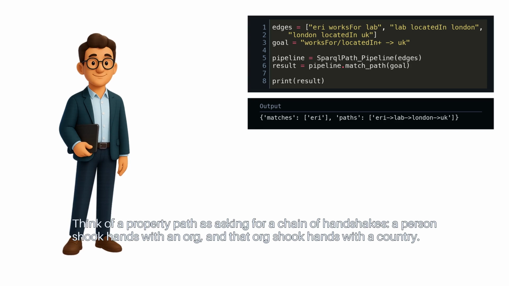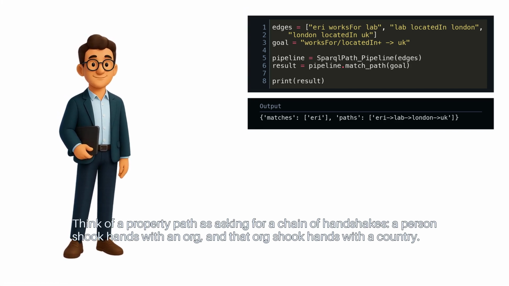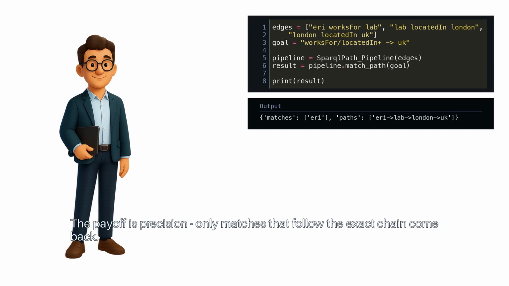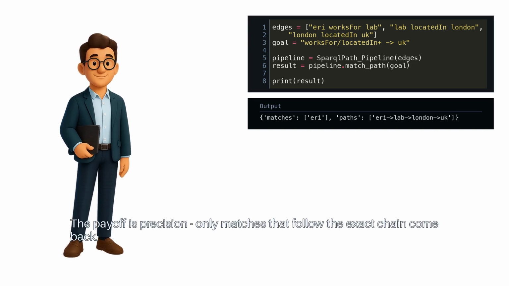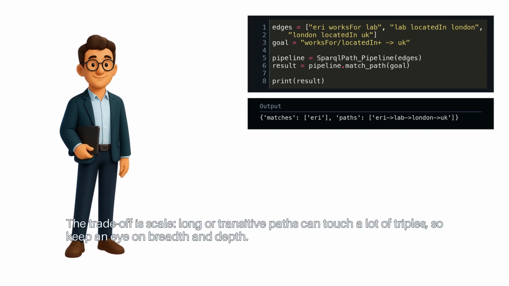Think of a property path as asking for a chain of handshakes. A person shook hands with an org, and that org shook hands with a country. The payoff is precision. Only matches that follow the exact chain come back. The trade-off is scale. Long or transitive paths can touch a lot of triples, so keep an eye on breadth